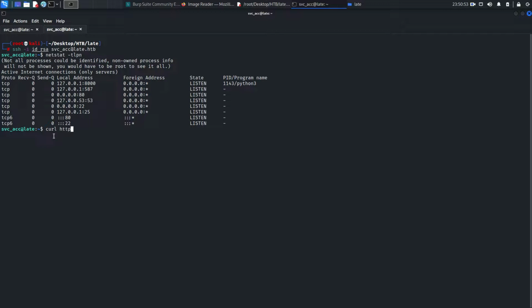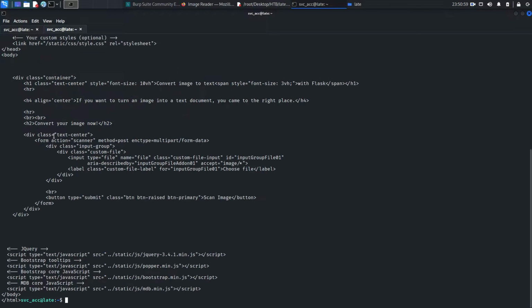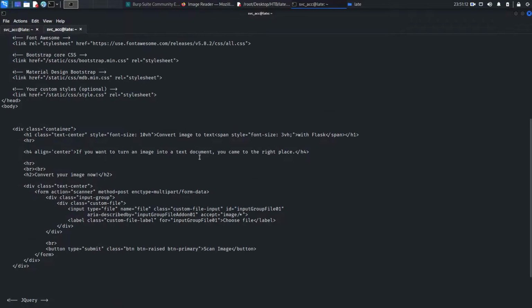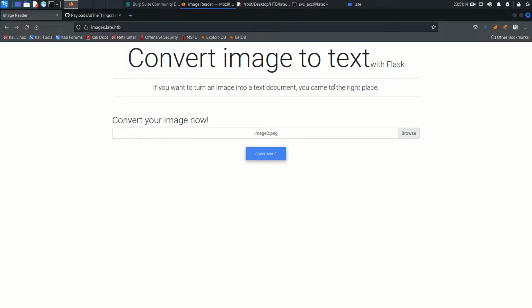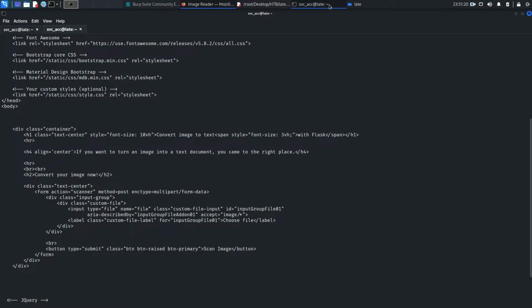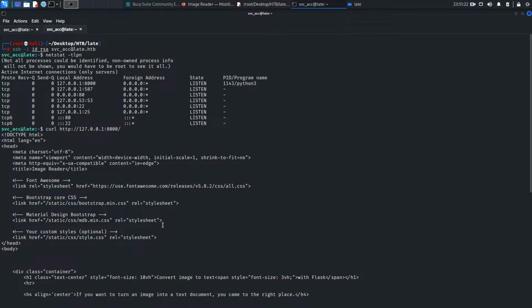So http://127.0.0.1:8000. If you want to turn an image into text, you came to the right place. Yeah, the same application is running on port number 8000. So okay,